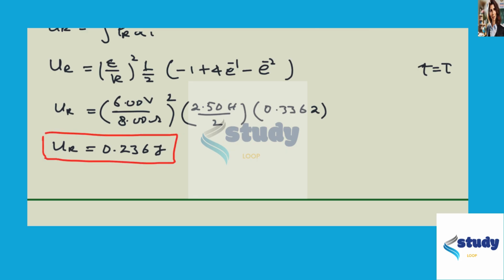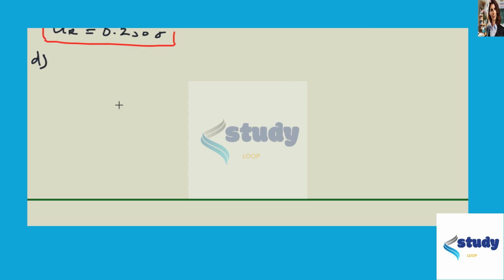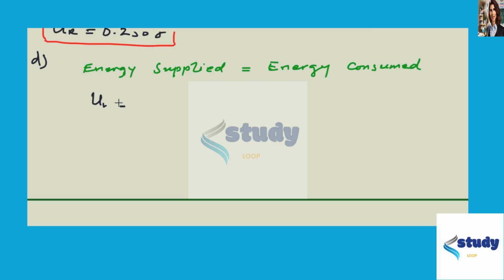In part A of this problem, we are going to compare the results. So we claim that the energy supplied should be equal to energy consumed. So this is equal to UL, that is UB is equal to UL plus UR. So by inserting the values into this equation, we can write